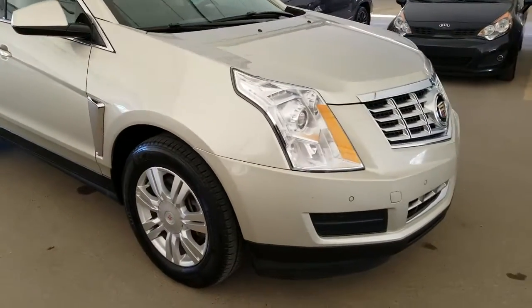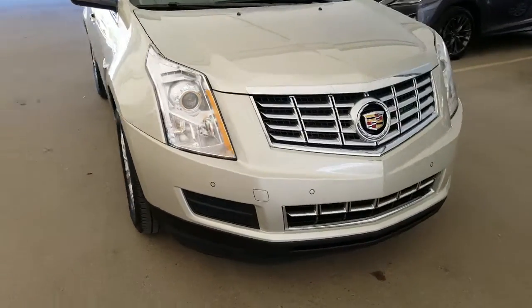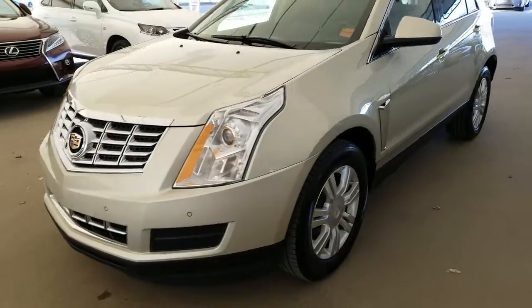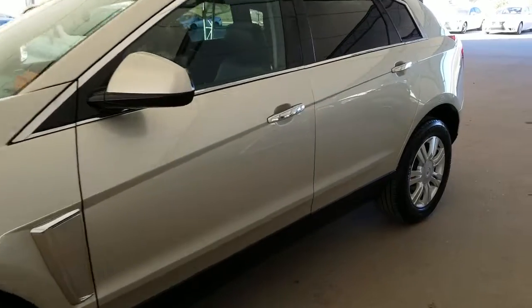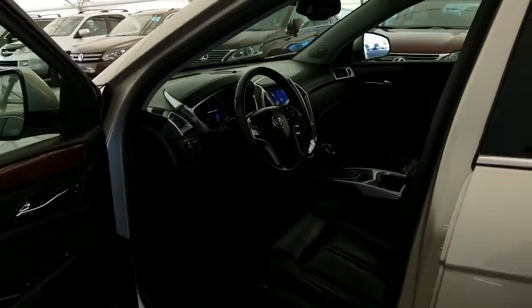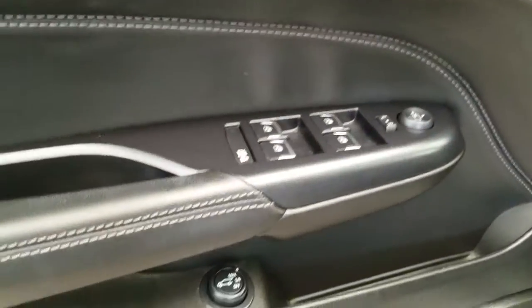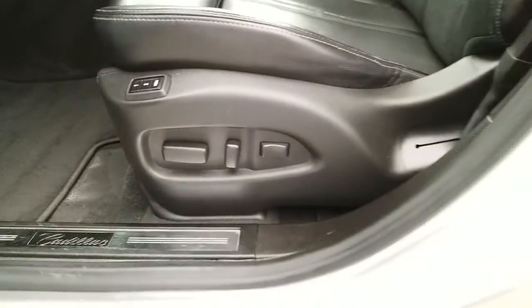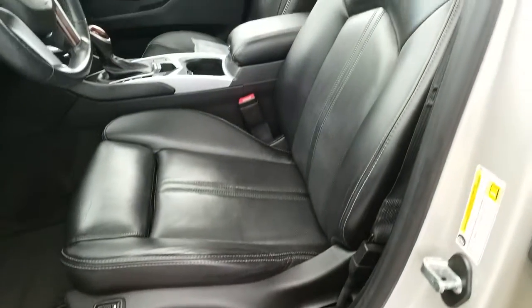Some of the features do include front and rear park assist sensors, a factory remote starter, perfect for the winter season ahead, keyless entry with the push-to-start ignition, power windows and locks, power liftgate, driver's seat memory seating, power adjustable front seats,